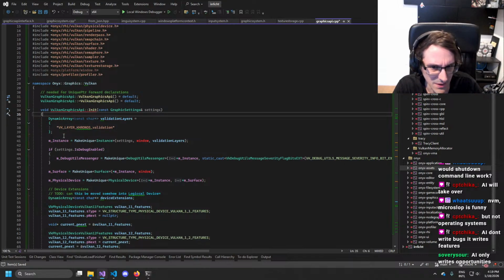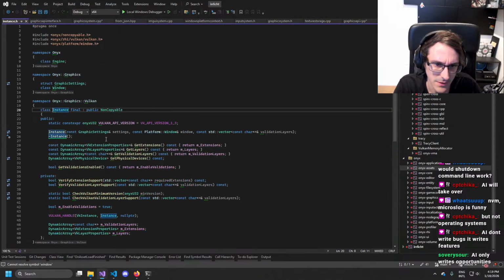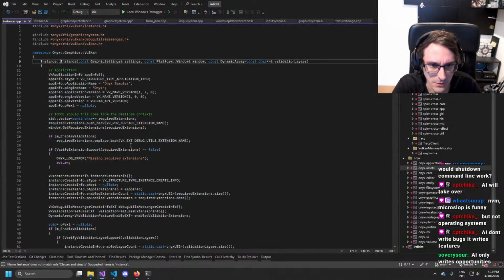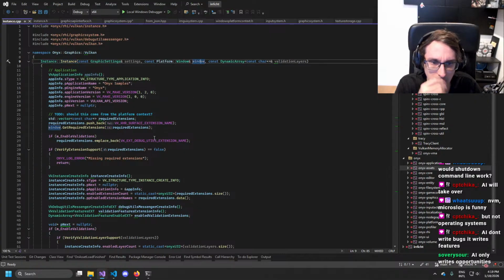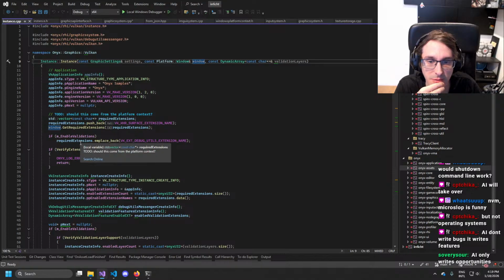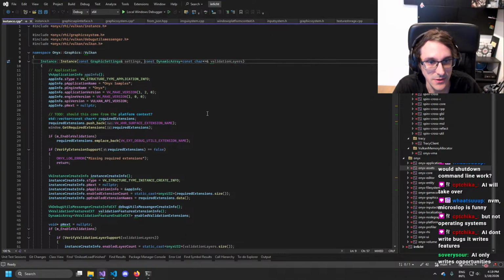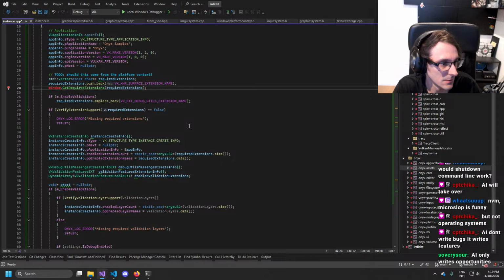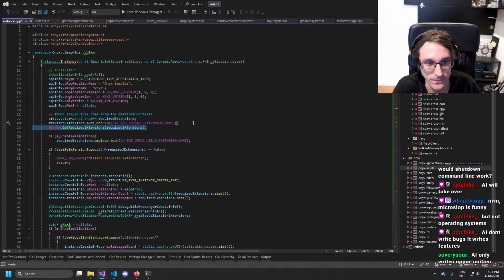We basically kill that. Why does that have an instance and the window here? I see. Okay. That's probably wrong. And I can change that. Is that the only reason why the window was there? Cool.